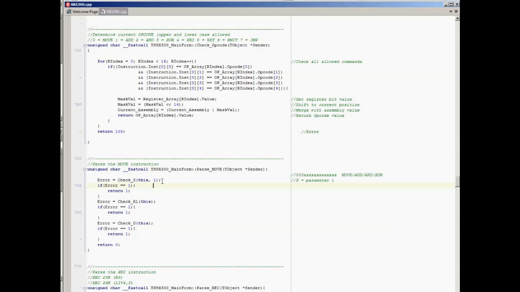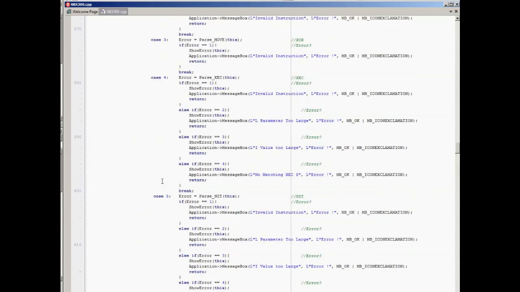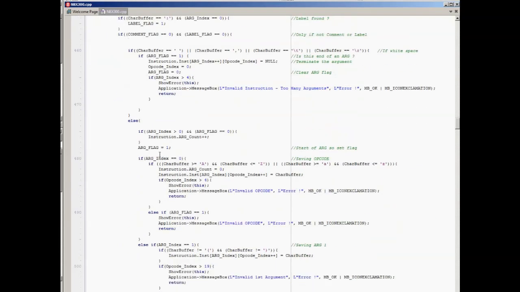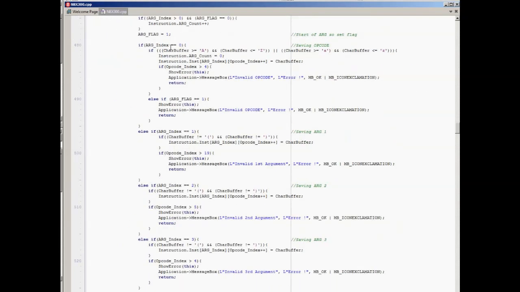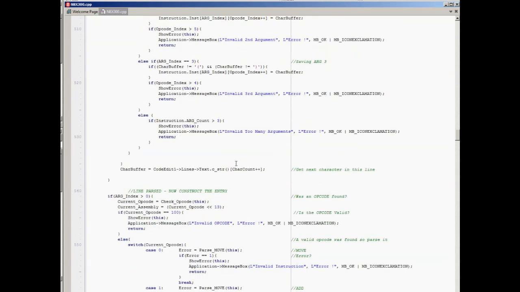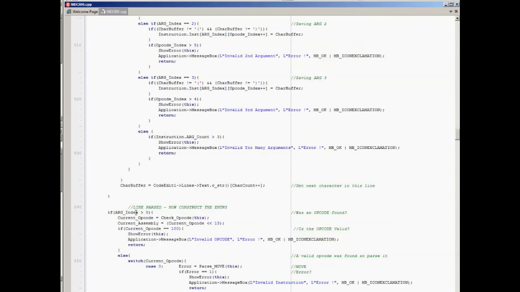It just needs to know where it is. Okay, scroll back up. So the first part of this loop is going through, and it is basically extracting all of the opcodes and arguments from a particular line. And the easiest way to see what's going on here is to come down and